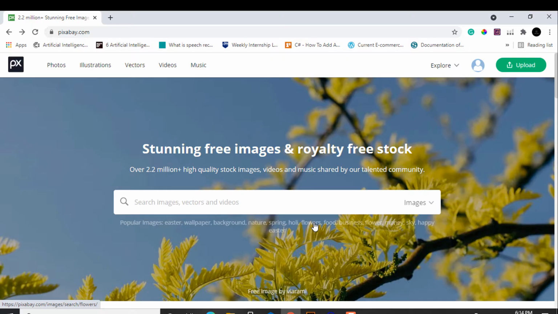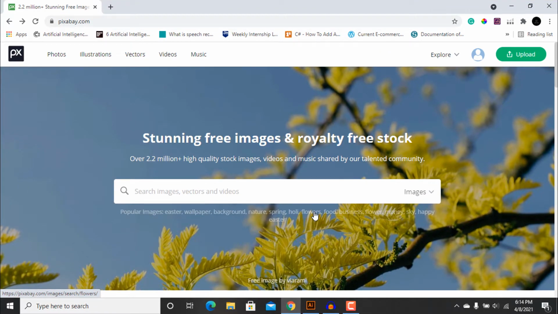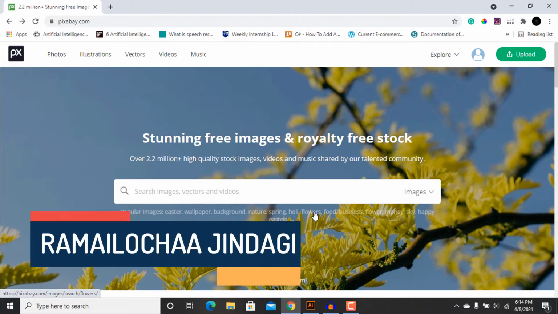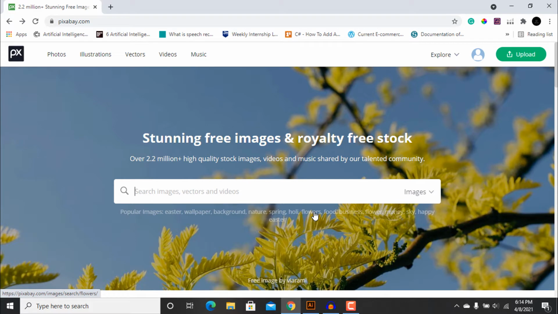And first of all, let's go to Chrome. So friend, first of all, we are going to go to pixabay.com. As you probably know, Pixabay is a free stock image website. It has also got high quality videos and music. All of the images that you get on this website are free for use in any of your commercial projects, including your print on demand business. So friend, you can use all of the images from this website in your books without any restrictions.